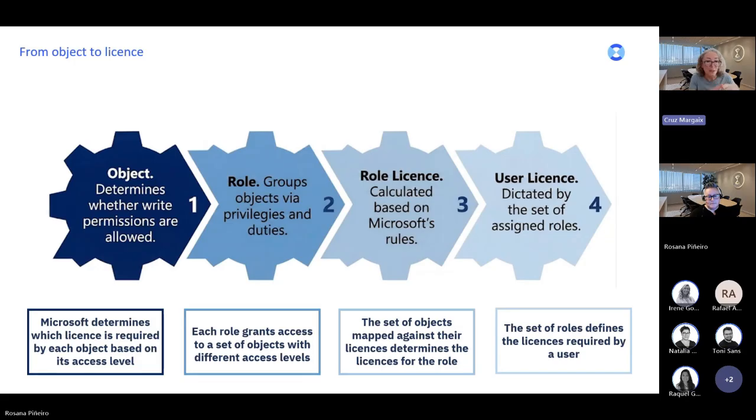Because a role is a group of objects via the privileges and duties, a role will have a license required. Because a user can have one or multiple roles, a user will require one or multiple licenses.